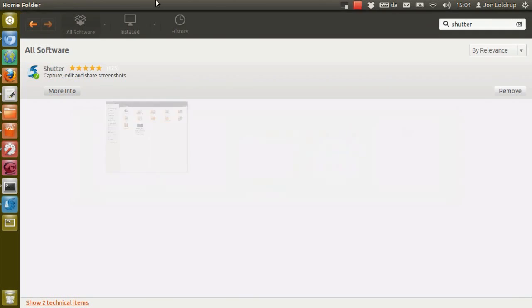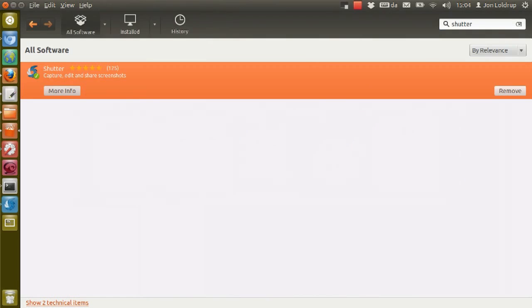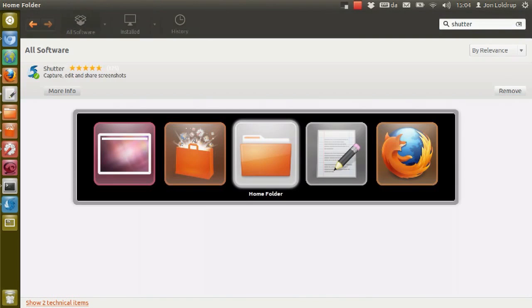When you use an application and then tap once, you will see that the application you just used has become the number 2 entry in your stack, so to say. If you look at these 5 icons as a kind of stack, you will see that the home folder is number 2 right after the App Store. That indicates that you just used that folder, that this is the most recent window you used, so it's the nearest in